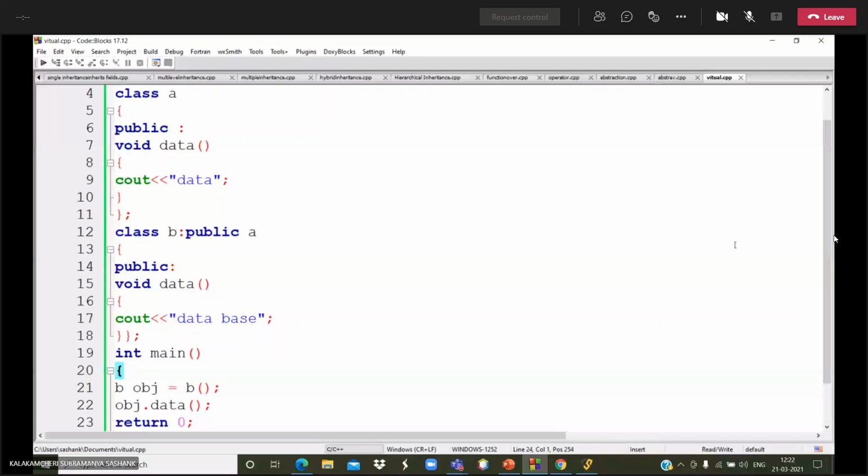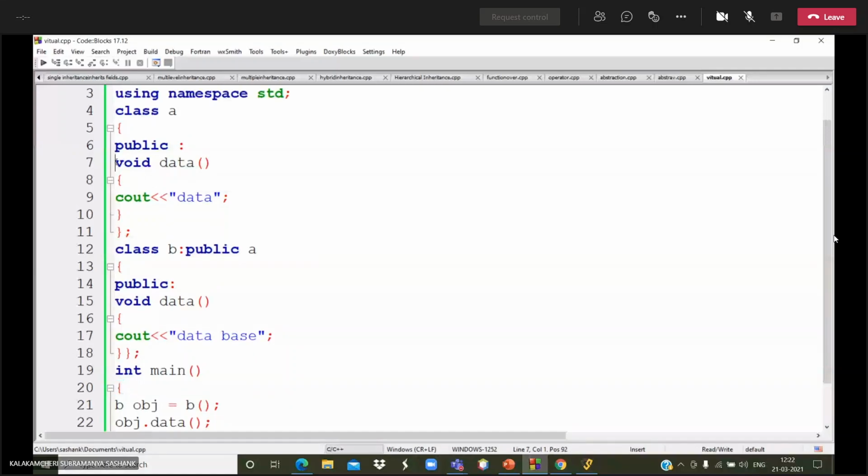I am giving the virtual keyword in the first function.